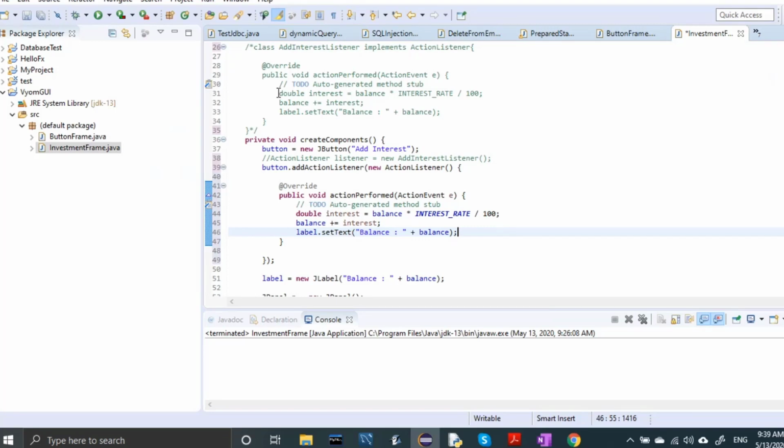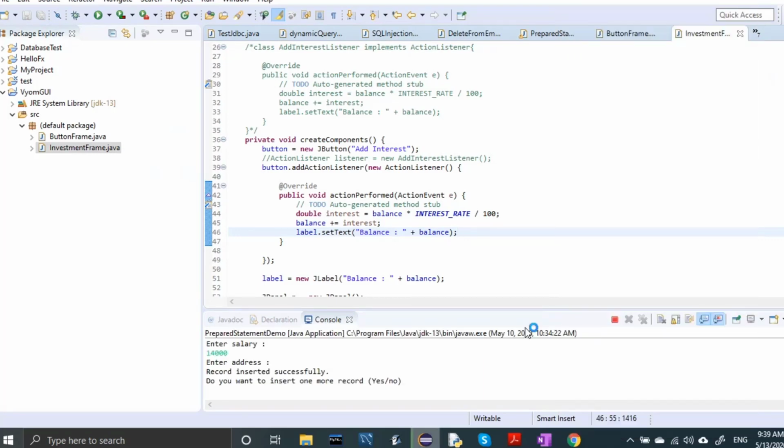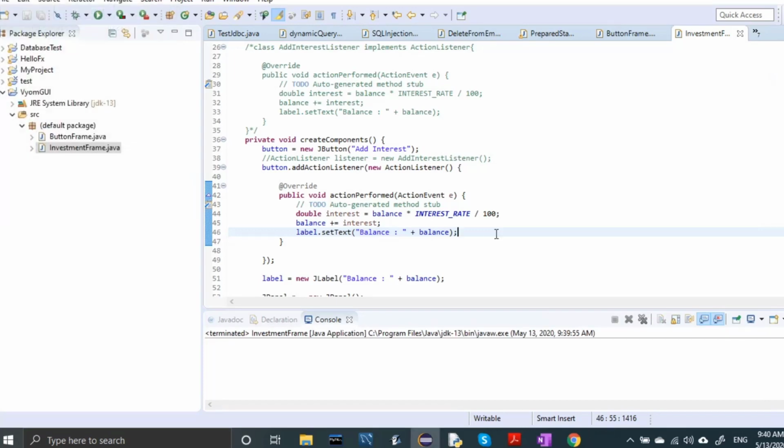So this idea works. Let me save this and execute it. Run as Java application, and now you can see that it is doing the same task. It's working fantastically.